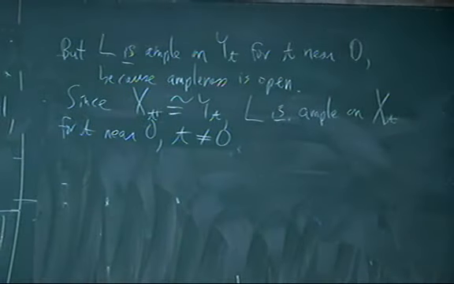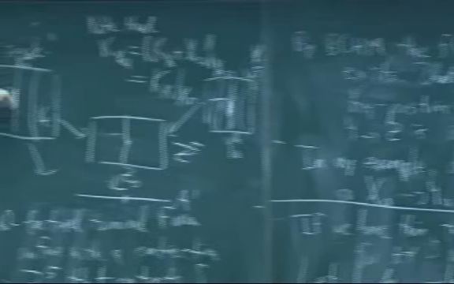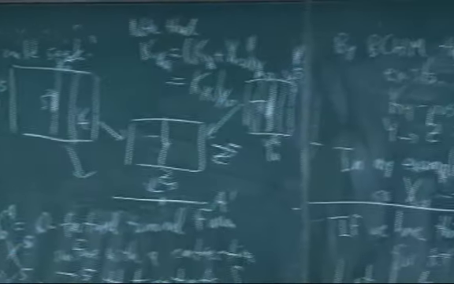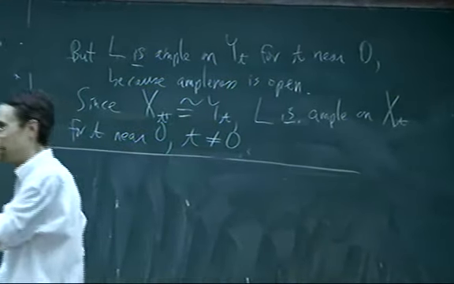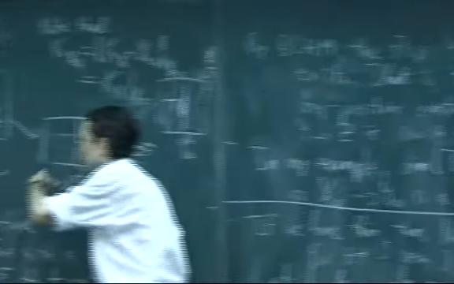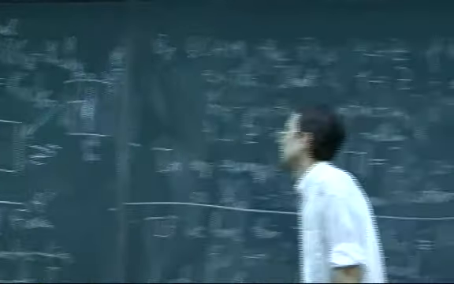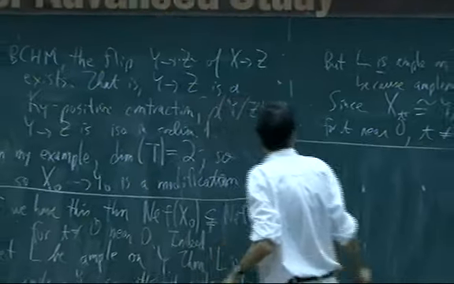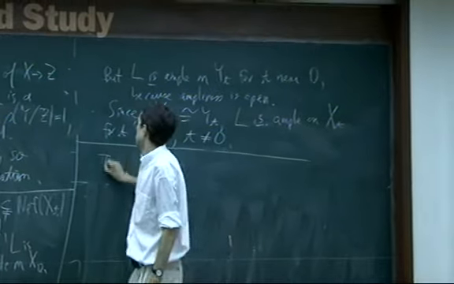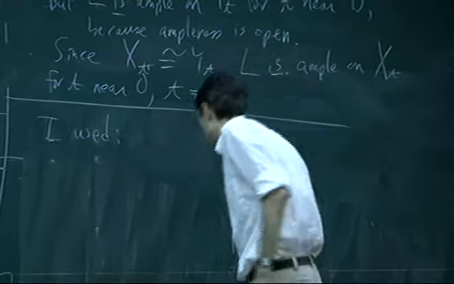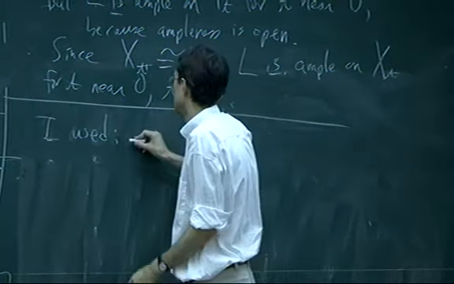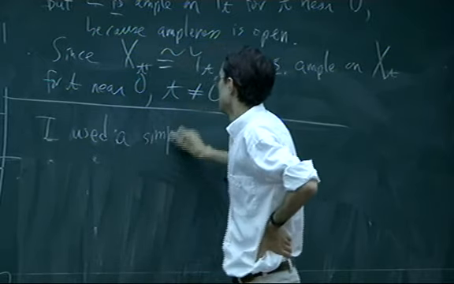Okay, so in other words, I've got a line bundle on this variety which is ample on these other nearby Fano varieties, but it's not ample on X0. So the Nef cone is jumping as you go from X0 to these nearby varieties. So you just have to make the simplest example of a flip like this that you can find, and it's not hard. You start out by guessing what you want the local picture to look like, and then just try to compactify it. I used the simplest flips I could find.